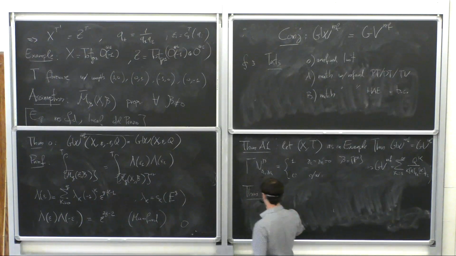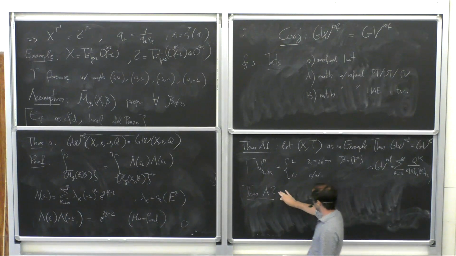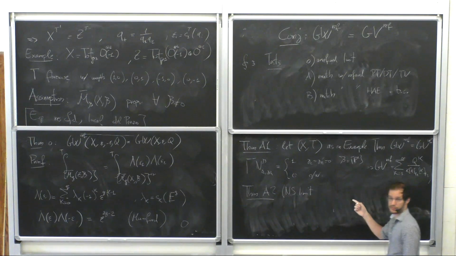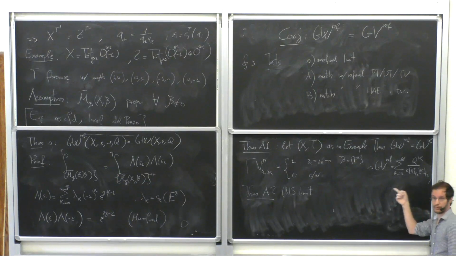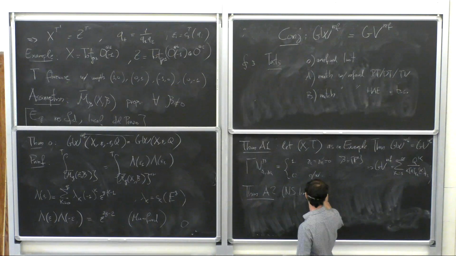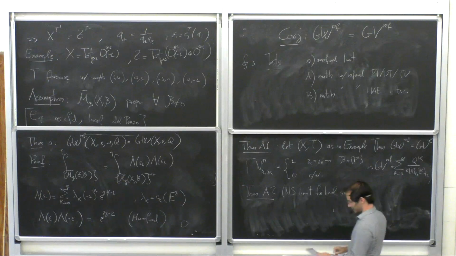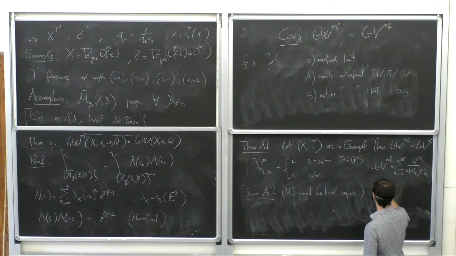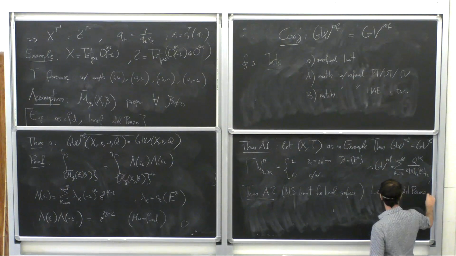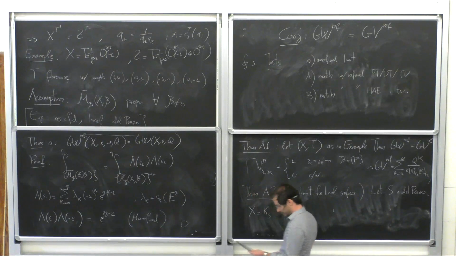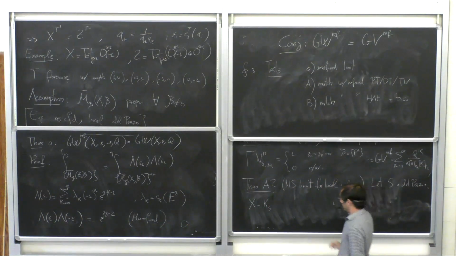So for something more complicated, if you're a practitioner of calculations in this business, you know that things get nasty when you have compact four-cycles in your Calabi-Yau. So the next step in complexity is to consider a local surface. So I'm taking S a del Pezzo, and I take X to be the total space of the canonical bundle of my del Pezzo, then